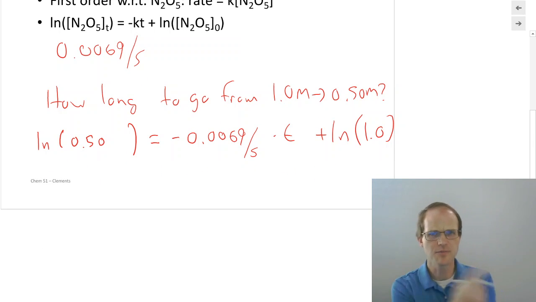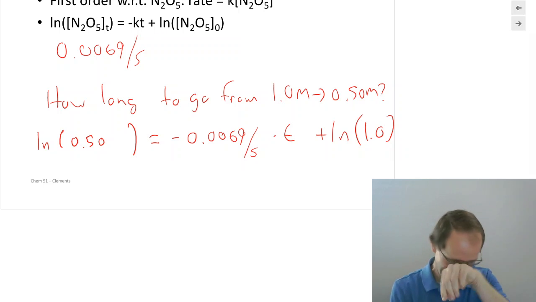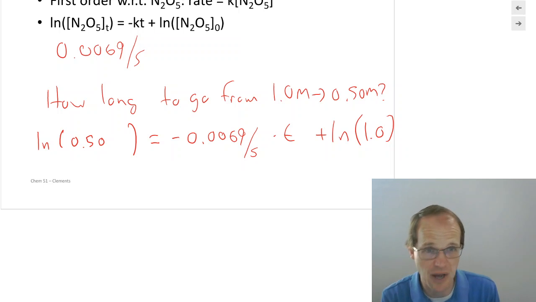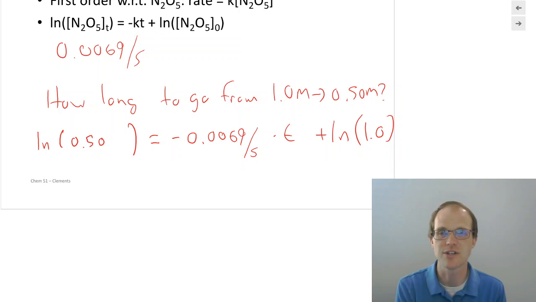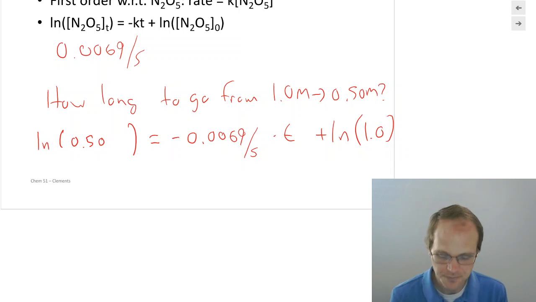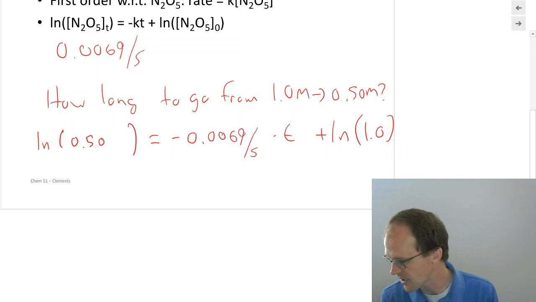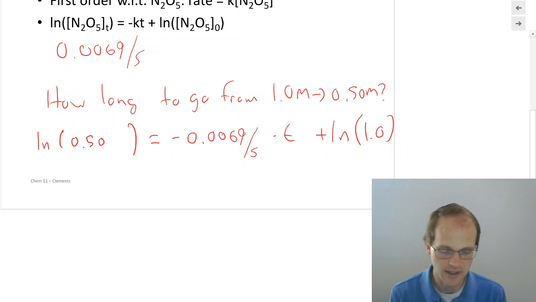People get those 0.5s and those 1.0s mixed up quite a lot. If you do, you end up with negative values other places. So if you're like, why did I get this negative here? Let me just pretend it's positive. No, you probably just switched a couple things in there. Very easy to do. So natural log of 0.5, natural log of 1. Natural log of 1 is 0. And so you can solve this.